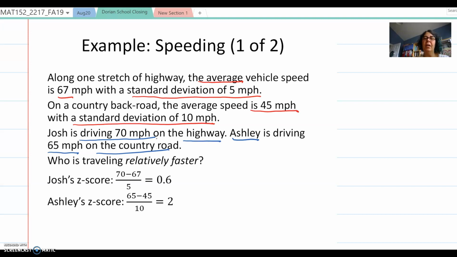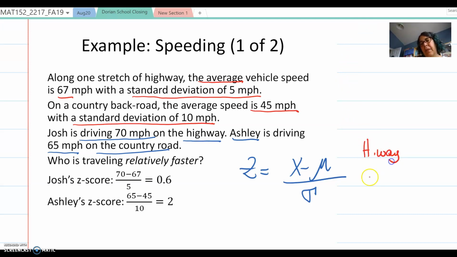We're going to find Ashley's relative positioning in terms of the country back road. So remember, that was data minus mean over standard deviation. So for the highway, we have the mean as 67. Standard deviation